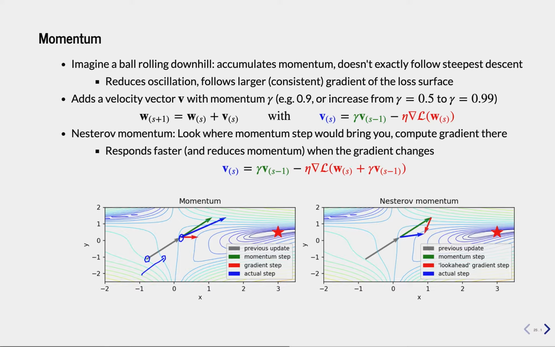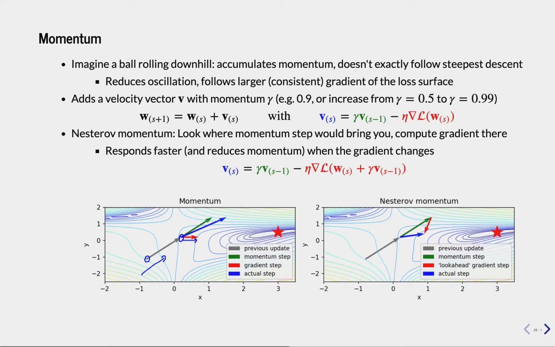Now, you know momentum gives speed to a moving body in a certain direction, right? So what it will do in this case is that instead of computing the gradient here and then moving in this direction, it would also keep moving in the same direction it was already going in,